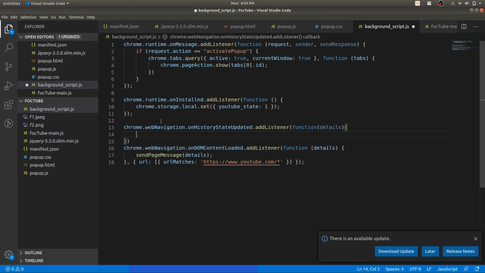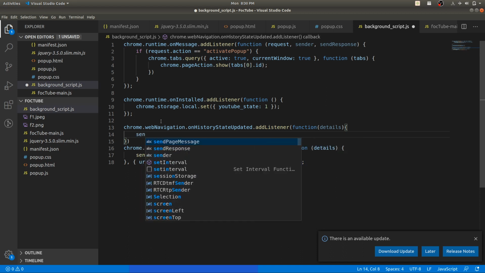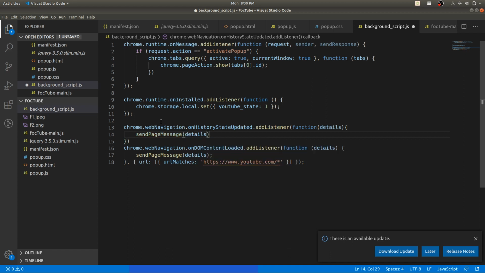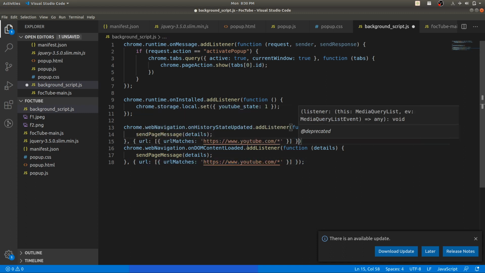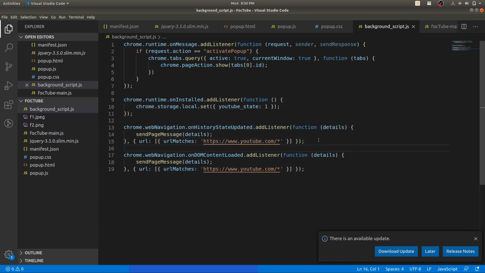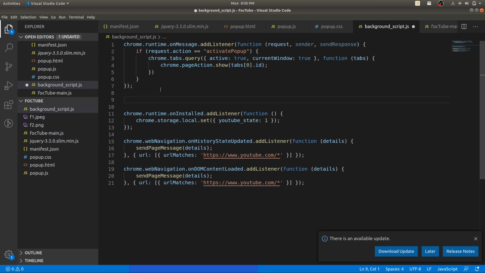But what if you click a button and the view of the page changes? So in that case only history of the page get updated. So you need to add this function on history state updated if you are surfing within the youtube.com. Okay, so whenever the URL within the youtube.com will change, this function will get executed.